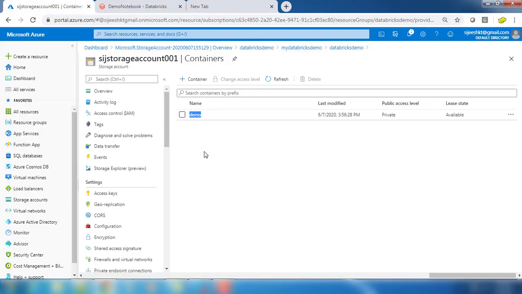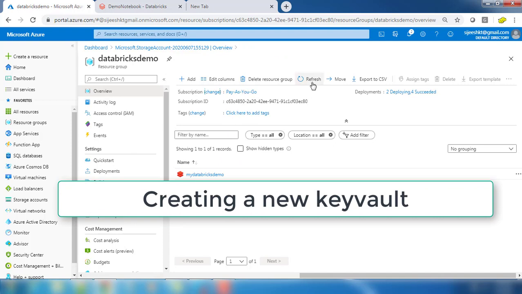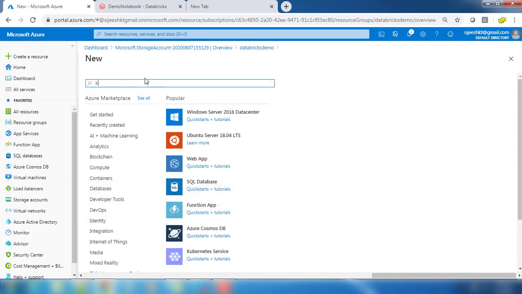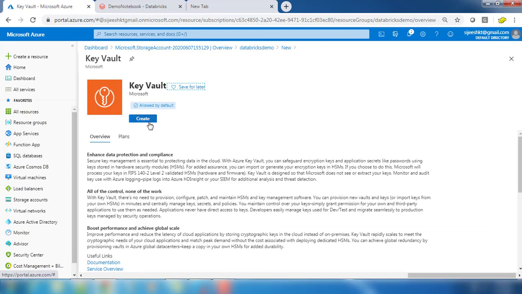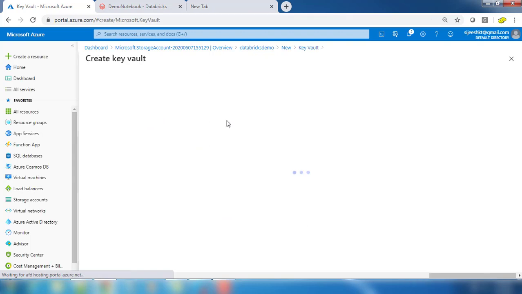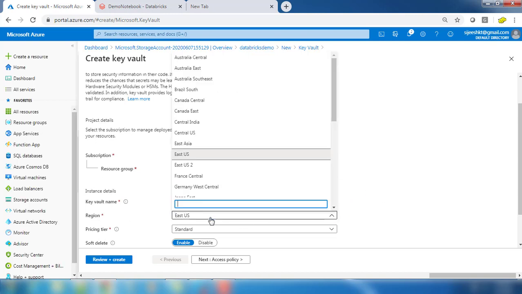The first step, I'm going to create a new Key Vault. Just go ahead and hit add, use the search for Key Vault, and go ahead and create. We have to choose the subscription, then the Key Vault name, so I'm just typing my name, and the location.